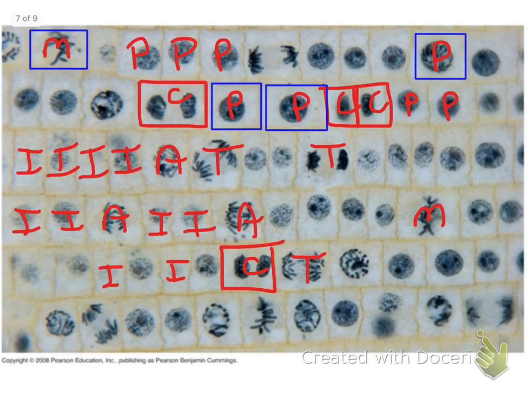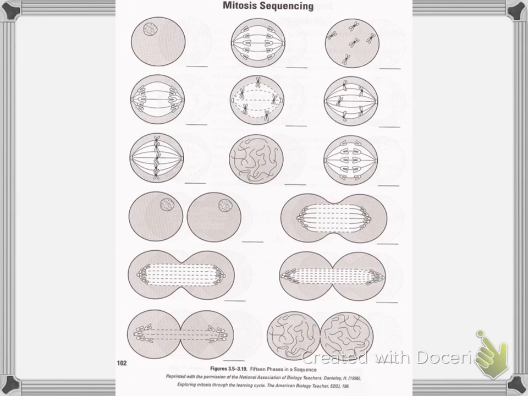So that's what I want you to do. I've done about half the cells. I want you to go through and do the other half on this. Again, make sure you look at the slides that are over on the microscope as well. The other page that you have on this, the third page, says mitosis sequencing on it. This one's very simple. All you're doing is going through each of these and telling me what's happening